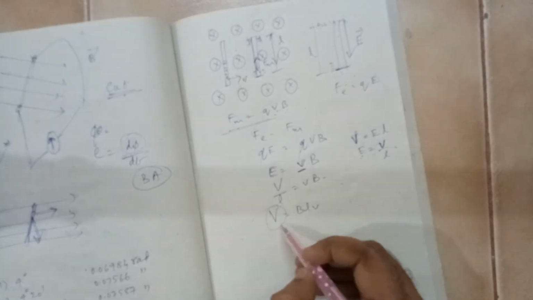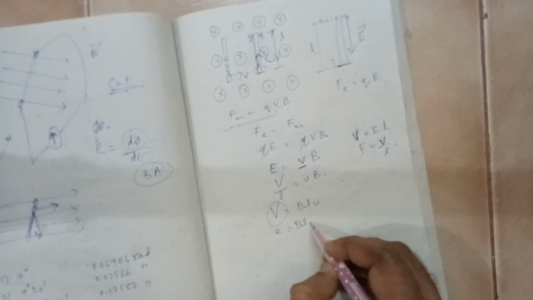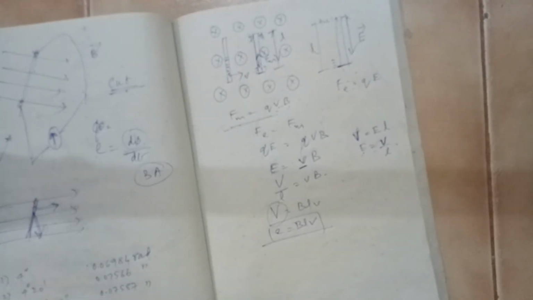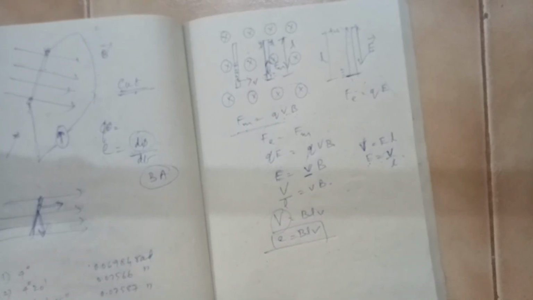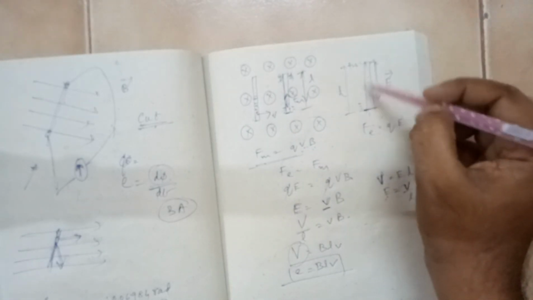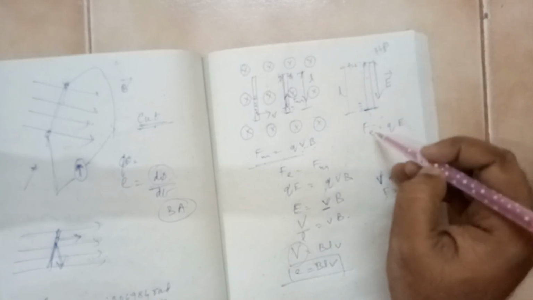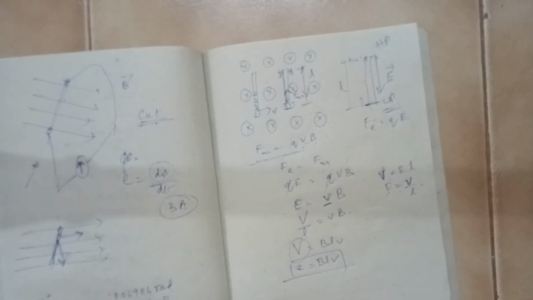What is this V? Is it not the induced EMF in this case? So E is equal to BLV. This is another explanation of motional EMF. And in this case, where the charges are, you can see here there is a potential difference created. So that means this is at a higher potential and this is at a lower potential. You can even mark the higher and lower potential points using this concept.